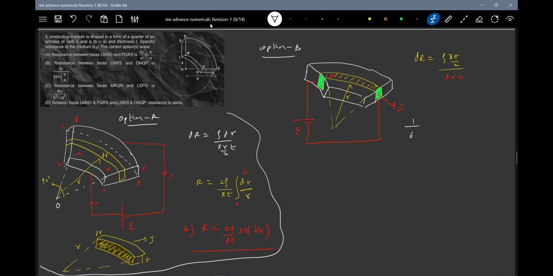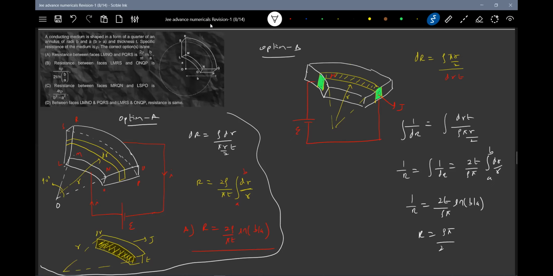Therefore the effective resistance: 1 by dR is equal to, 1 by R is equal to, all the terms we take outside, 2t by rho pi integral of dr by r. This is from a to b. 1 by R equal to 2t by rho pi log of b by a. So R equal to rho pi